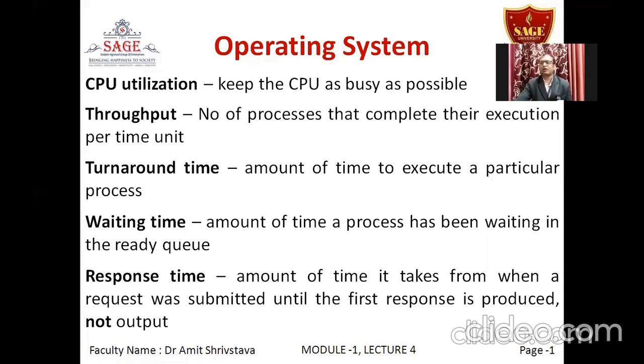will be the response time. Obviously, if we are opening two websites and one website takes 10 seconds to give the first response and the second website takes 1 minute to start opening, then obviously I will not be going back again to the second website which takes 1 minute. The website which takes less time to open up will be my better choice. So response time should be as small as possible. In these terms, CPU utilization and throughput should be as high as possible. Turnaround time, waiting time, and response time should be as small as possible.